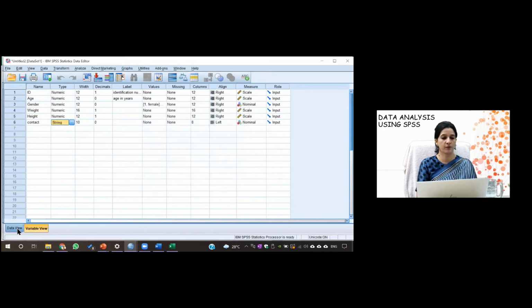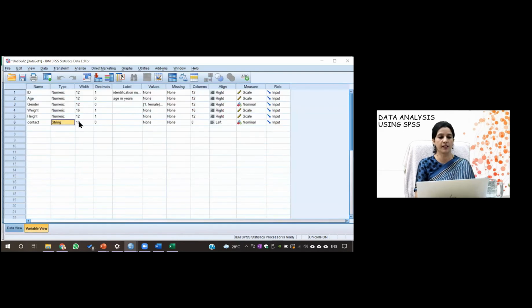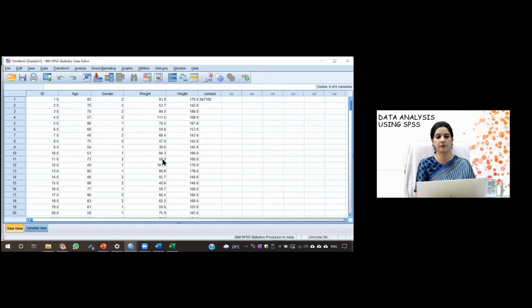So if I go to the data view and if I write like, so it will come, it is a 10 digit, right? If you go to the variable view and if I decrease this string to maybe 6, and if you go to the data view, you can see that you cannot enter beyond 6 digits.